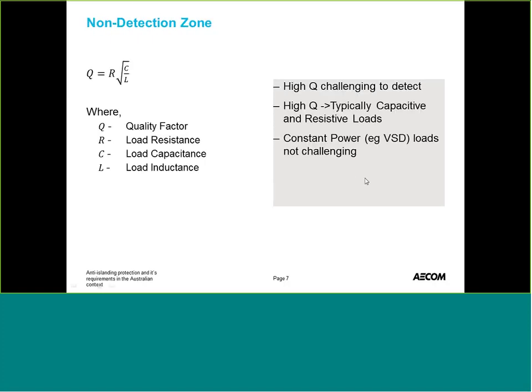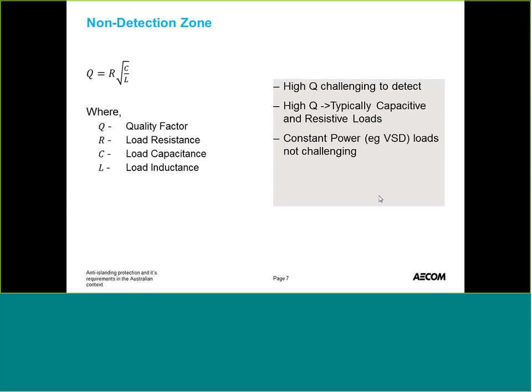The reason this is important is quite often when you look at drop-off and vector shifts, there's not much analysis done around confirming that, or doing studies to confirm that based on a particular scenario where you've got a generator connecting into a network, different load combinations are looked at, different contingency events are looked at and modeled to understand, is that drop-off going to operate, is the vector shift going to operate either correctly or incorrectly.